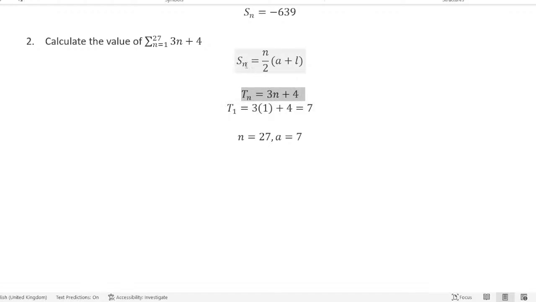Then now, since we're going to use this equation because we're given the last term, you have to find first the value of a. We got the value of a by substituting T1 in this general formula. Then in order for us to get the last term, we have to substitute 27, right? So we'll have